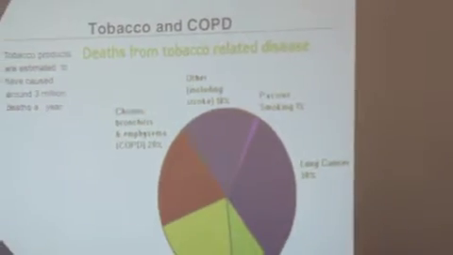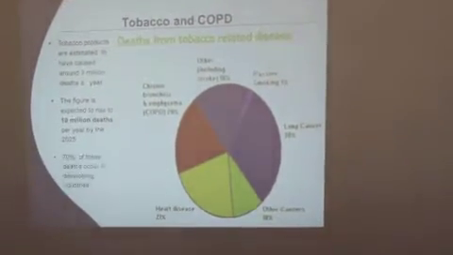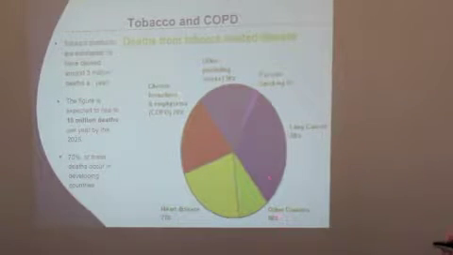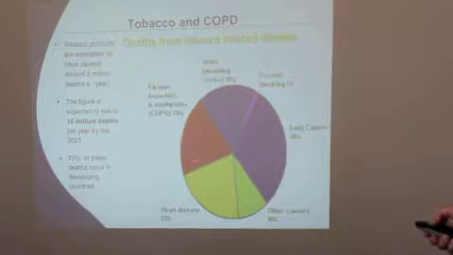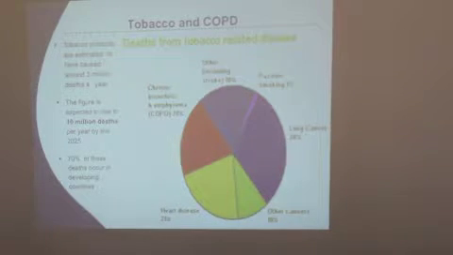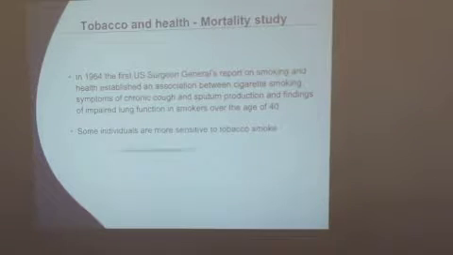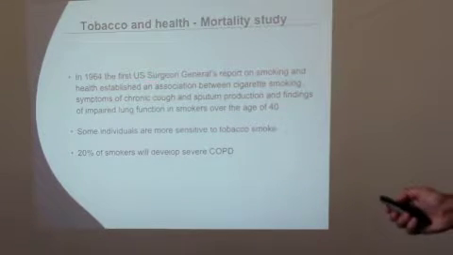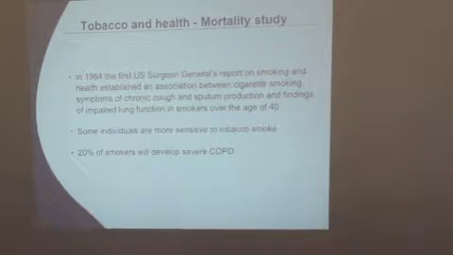Now, deaths from tobacco relate not only to COPD, but they relate to a number of other conditions including heart disease and cancers, and chronic bronchitis and emphysema accounts for about 20% of smoking-related deaths. It was first brought to the attention of the public by the US Surgeon General's report in 1964. About 20% of smokers will develop COPD,